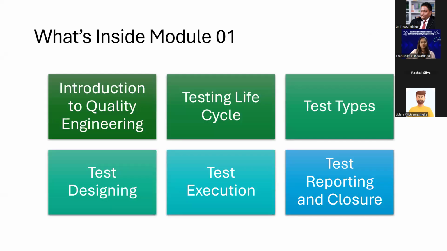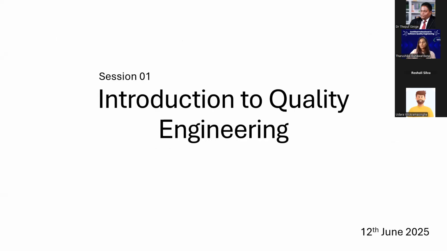With module one, you are going to learn about introduction to quality engineering, and then the testing life cycle. After that, we are going to learn about test types. Then we will discuss test designing, and then move on to test execution. Finally, this module will be concluded with test reporting and closure. These are the things you are going to learn with module one. After this module, you will move on to the automation module. So with today's session, Introduction to Quality Engineering, session one, you are going to learn about